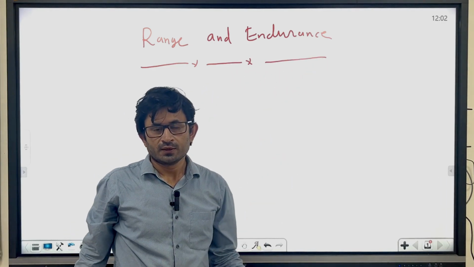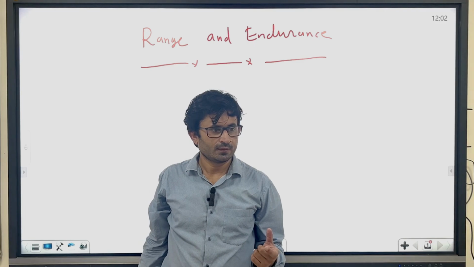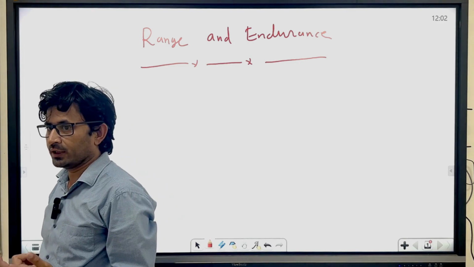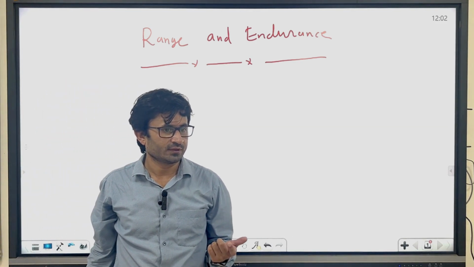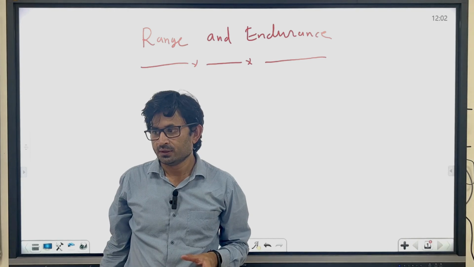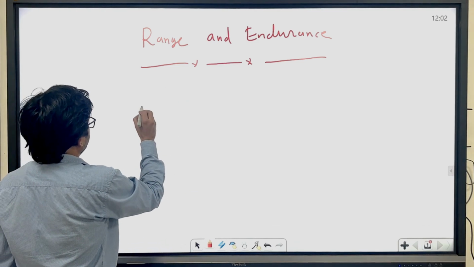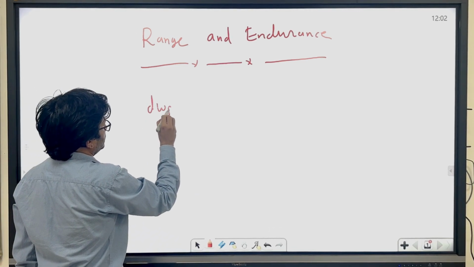If you are flying with a piston engine, piston propeller combination, then the scenario will be different. And if you are flying with a jet, the scenario will be different. So, in both the cases, we will discuss the range and endurance part. So we will start with